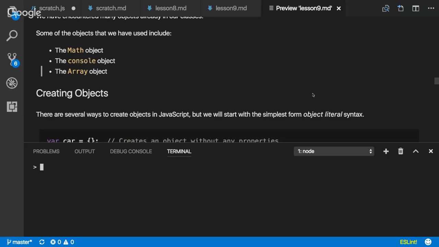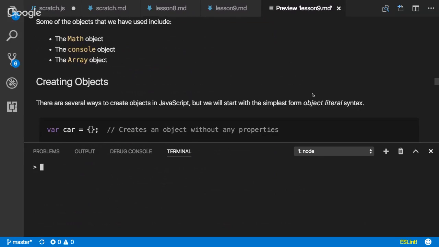So let's start creating objects. There are several ways to create objects in JavaScript, but the easiest by far when you're just learning is the object literal syntax. So that's what we're going to start with, and we'll learn the other syntax in the next class. Object literal syntax is very simple. If you look at it, you might say, boy, that looks a lot like creating an empty array. There we go. I created a car object,